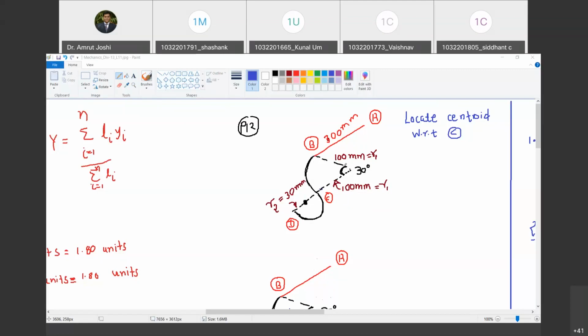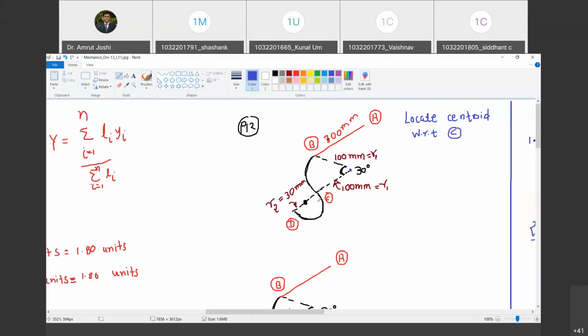And the angle subtended by these two radius vectors at the center is 30 degree. So it is neither a quarter circle nor a half circle nor a full circle. It is a sector of circle. Do you agree with me? Yes, sir. This wire lies along the sector of circle, or it is a part of a circle, a circular arc. Are you with me?